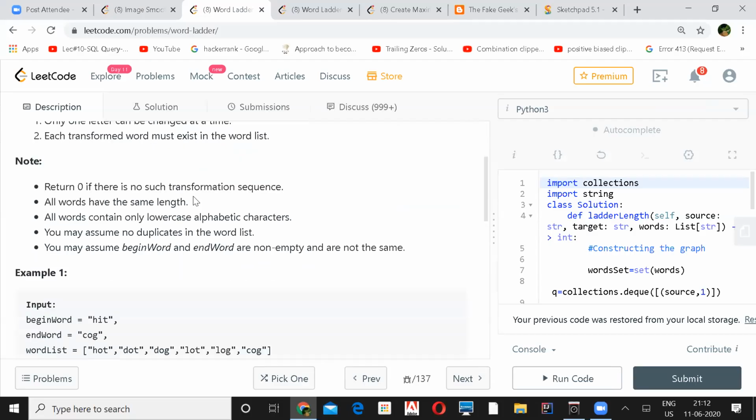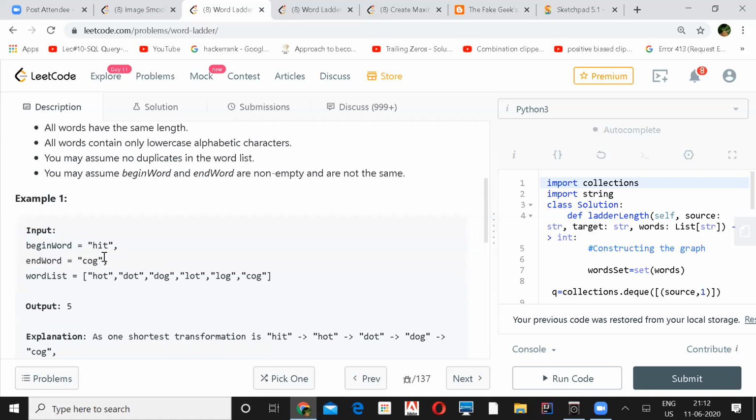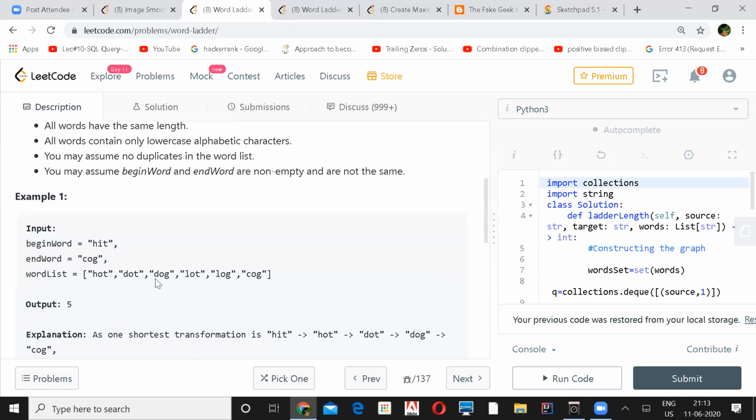Return 0 if no such sequence is formed, and all words will have the same length, contain only lowercase English alphabetic characters, and there are no duplicates in the word list. You may assume the begin and end words are non-empty and they're not the same.